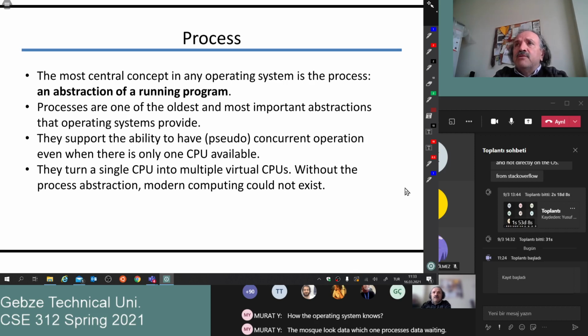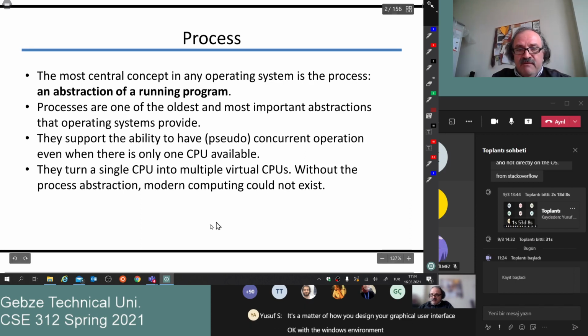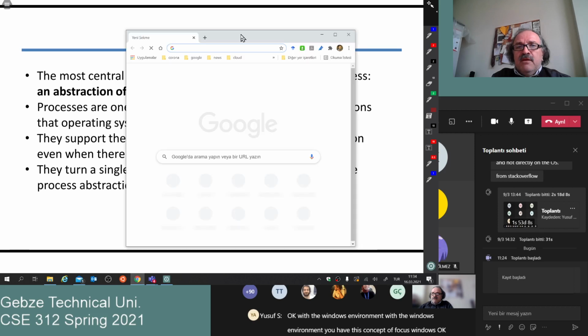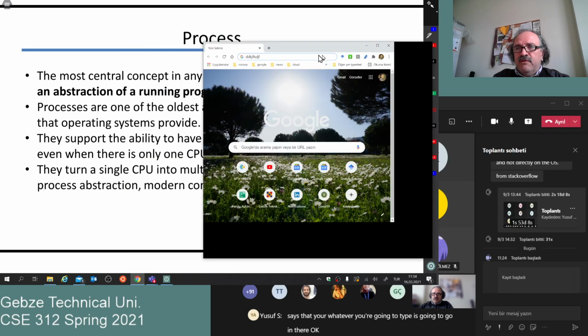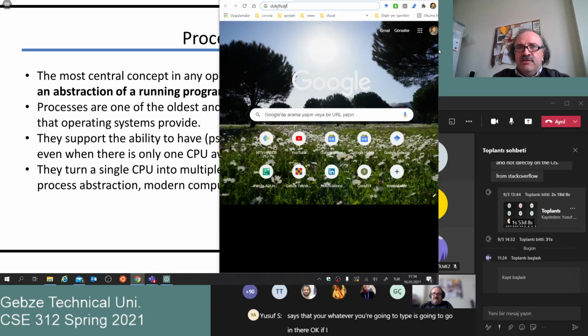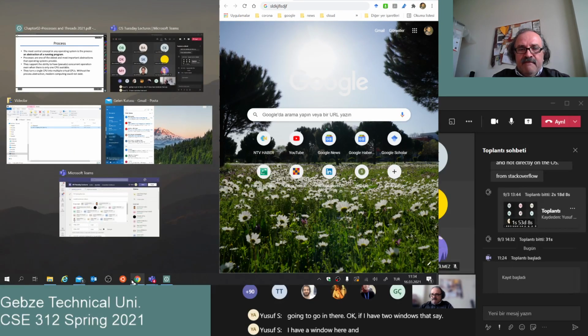Well, with the mouse clicks, it's a matter of how you design your graphical user interface. Okay, with the Windows environment, you have this concept of focus windows. Currently my focus window is this active window, because I know that it is highlighted, right? I mean, here it says that whatever you are going to type is going to go in there. Okay, if I have two windows, let's say I have a window here and I have, let me,